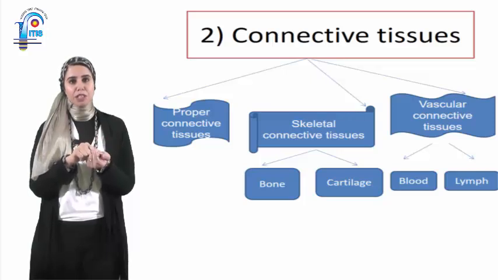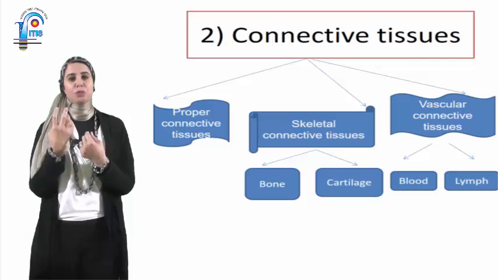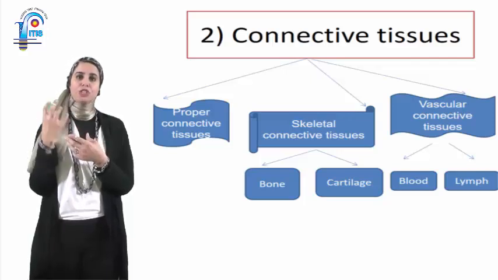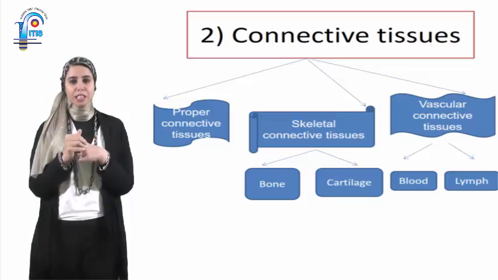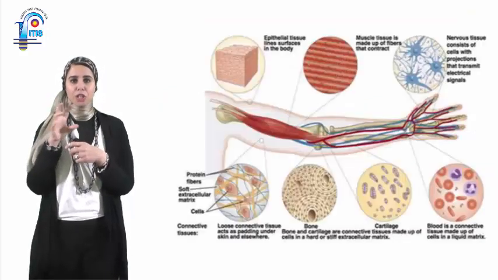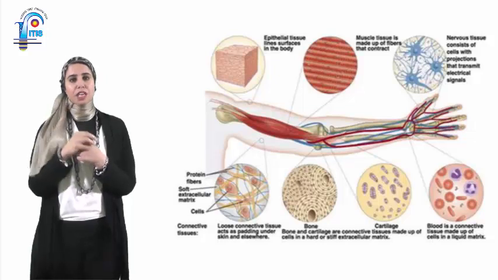These are carried by the blood plasma, which is the matrix of this tissue, while the lymph is responsible for the white blood cells, which is responsible for the natural immune of the body. Now we're going to see in the next slide a part of the body which contains different types of